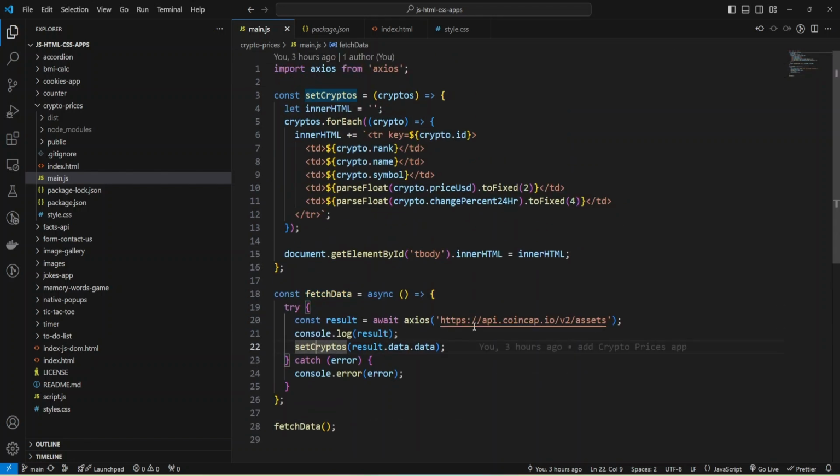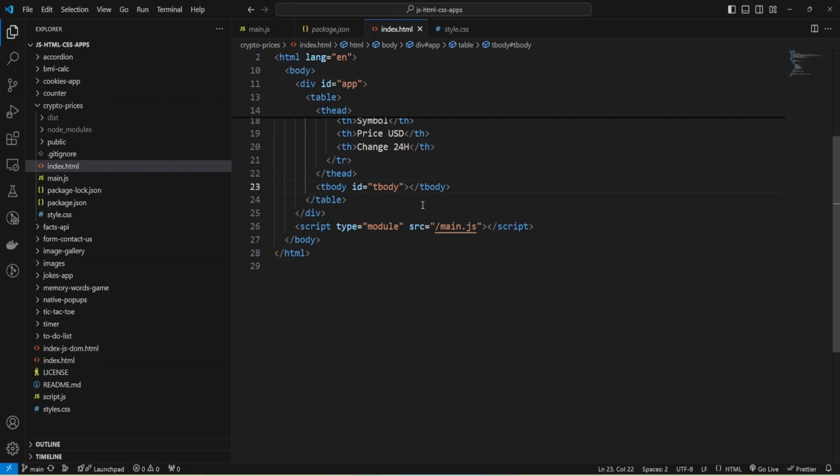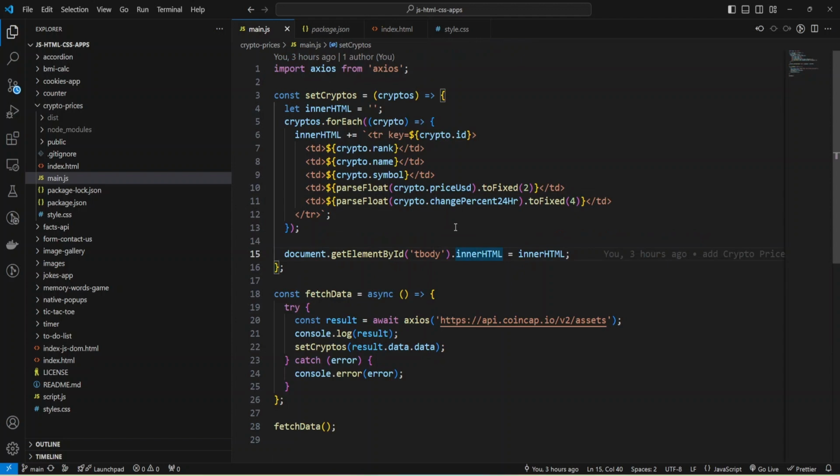And also I have setCryptos function that I used to generate the cryptos, and it has parameter, and I passed the data from API into my function, and I'm using vanilla JavaScript methods like getElementById to manipulate HTML. And as you can see, I just inject HTML in my table body. And that approach also works.